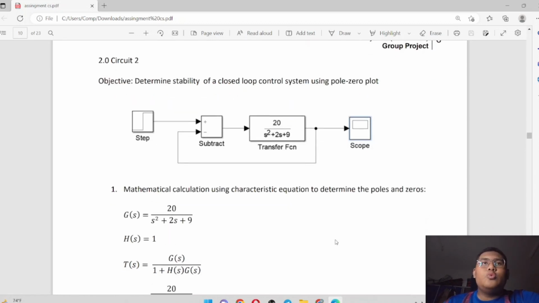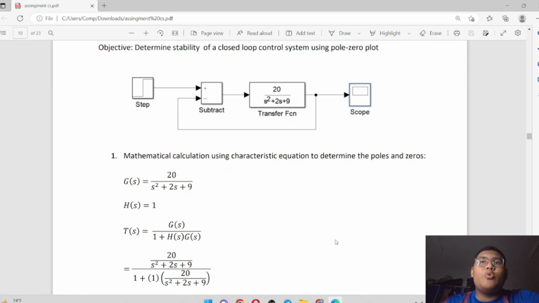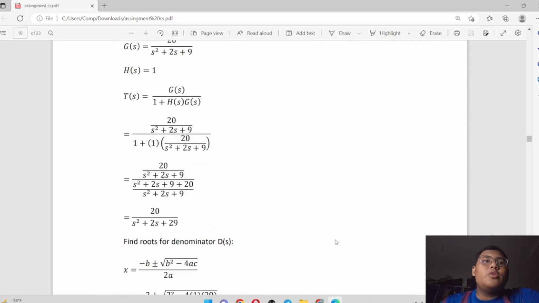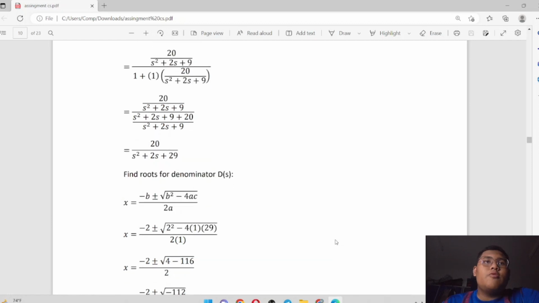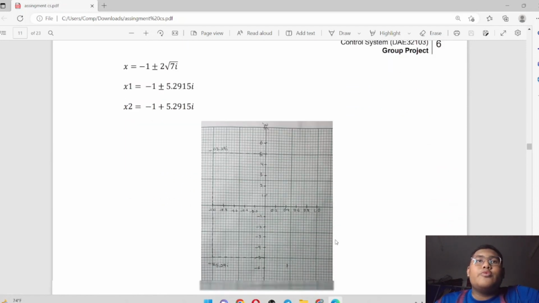Today I will present circuit number 2. For circuit number 2, the equation given is 20 over s squared plus 2s plus 9. So we need to use mathematical calculation to find the poles and zeros. After we get the poles and zeros, we need to find the roots. For the denominator, we need to use the quadratic equation to find the roots. After we find the roots, we get the value of x1 is -1 plus 5.2915i, and x2 is -1 minus 5.2915i. So we need to sketch the graph,